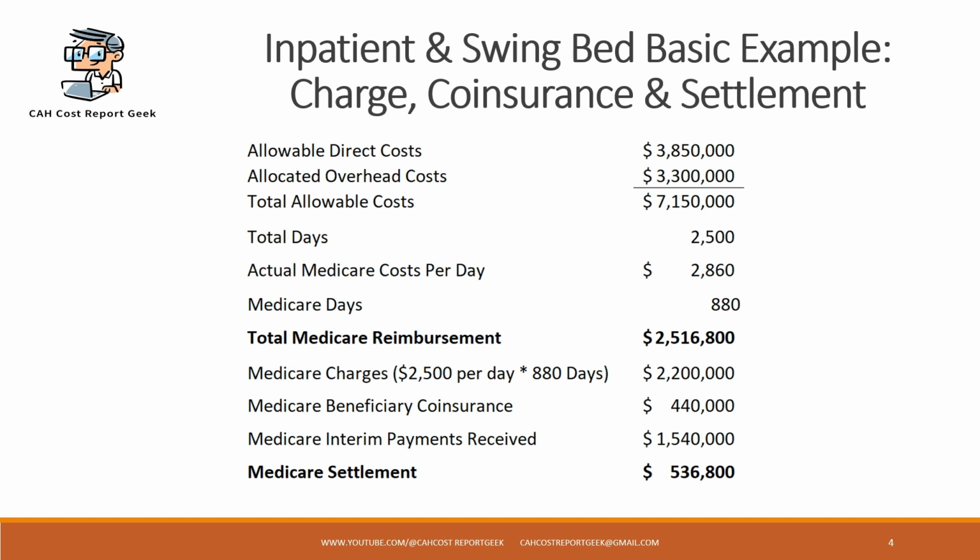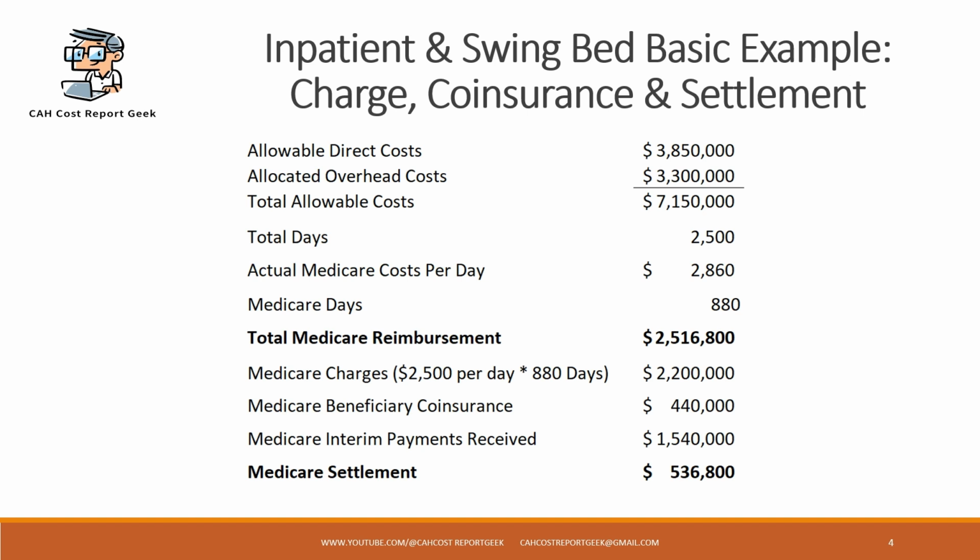Now let's walk through an example of charges, coinsurance, and settlement for an inpatient or swing bed unit. Both are paid at a daily per diem rate, and the costs are calculated on the cost per day, so the steps in this scenario would be the same for both services. We combine the allowable direct cost with the allocated overhead cost to arrive at the total allowable cost. We then divide this amount by the number of patient days to determine the actual cost per day, which in this case equals